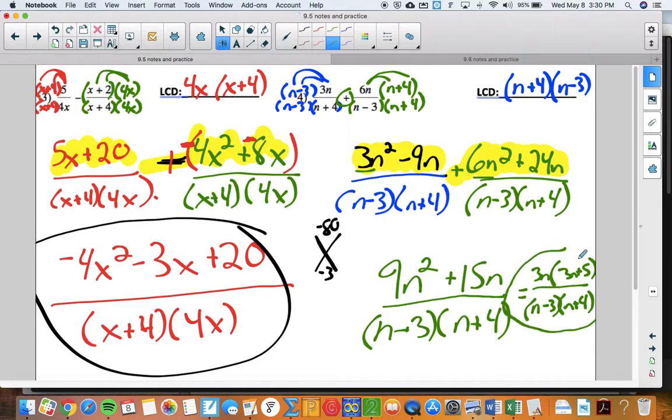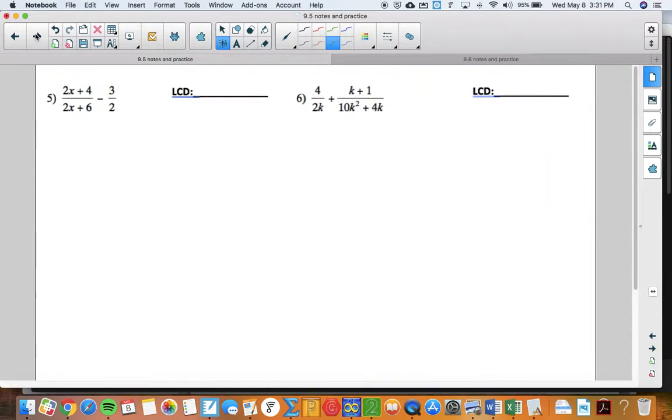And actually, sometimes they'll write the answer this way as well. But you should try to factor the top to see if you can simplify it at all. Alrighty. So here